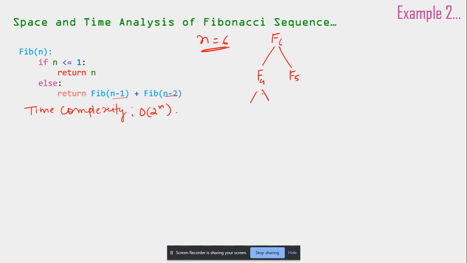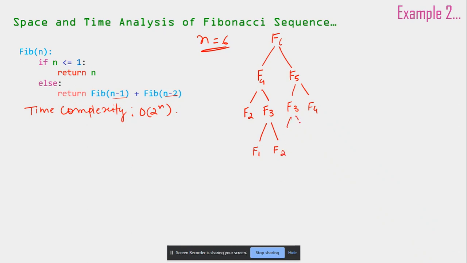So for Fibonacci 4, we need the previous two numbers, that is f2 and f3. Similarly, for Fibonacci 5, I need the previous two numbers, f3 and f4. For Fibonacci 2, I need Fibonacci 0, or we don't need to move to 2. For Fibonacci 3, we need the previous two numbers, f of 1 and f of 3. Sorry, f of 2.